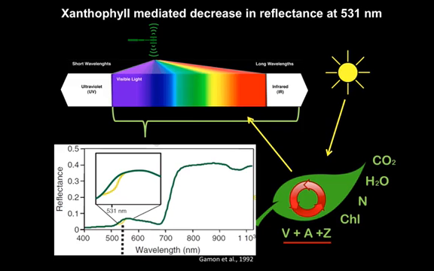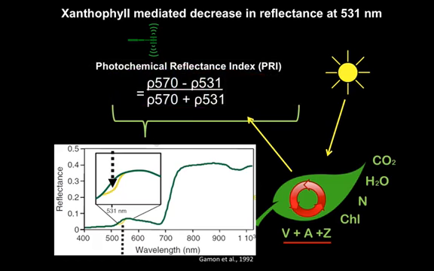by that yellow line. And this decrease, when you do see interconversion, happens on the order of 2 to 5 to 10%. It's actually a very small signal, but we are able to measure it nonetheless via the photochemical reflectance index, where we use 570 as a reference wavelength and subtract the changes in reflectance at 531, and then normalize it depending on incident sun conditions to then get the photochemical reflectance index that is inferring deepoxidation of the